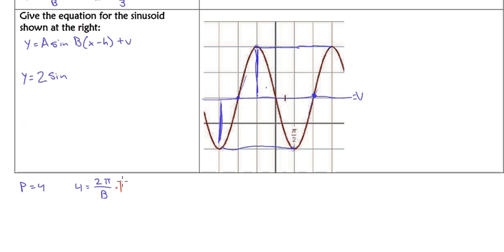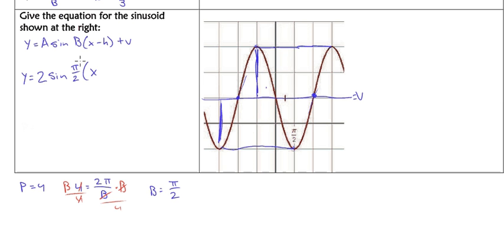And remember that the period's equal to 2 pi over b, and solve for b. Multiply both sides by b, divide both sides by 4. Oops, that's the one I didn't want to cross off. And so we end up with b is equal to, what's that going to be, 2 divided by 4, so 1/2 of pi, so pi over 2 times